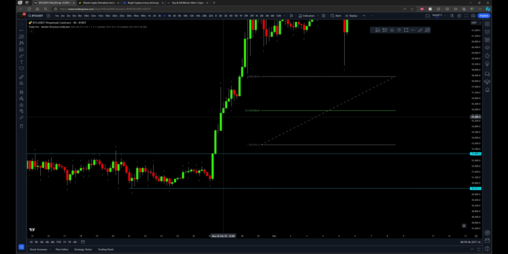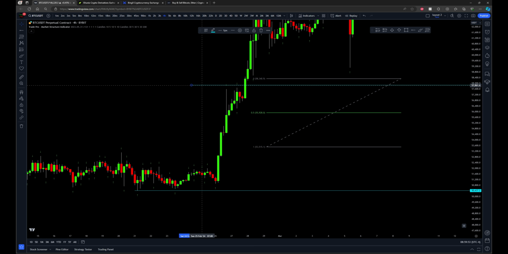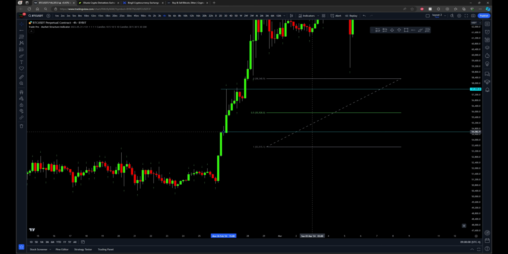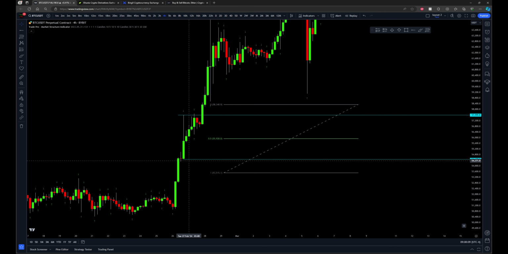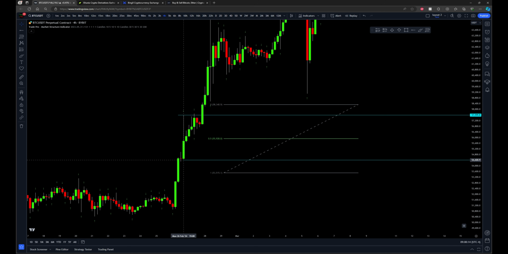Don't get another pullback, though, here to get another entry. So we're going to have to adjust here. So we break it on this candle. Here's our new low. Not sure. Let's see. There it is. So our consolidation